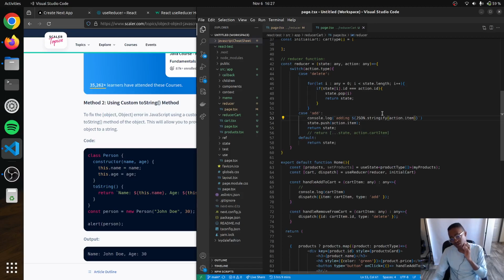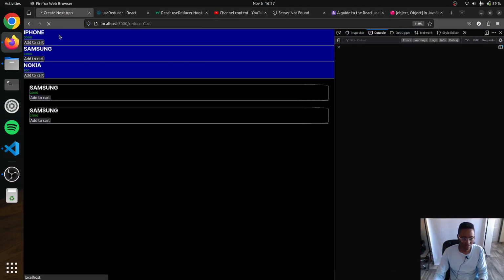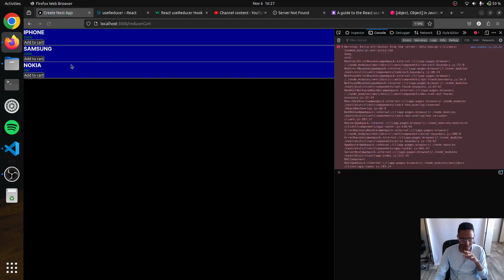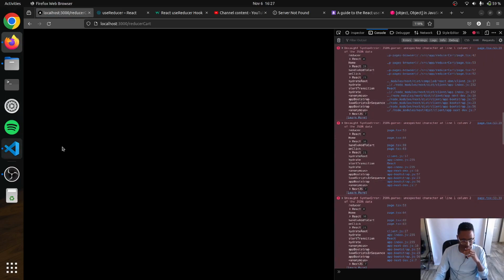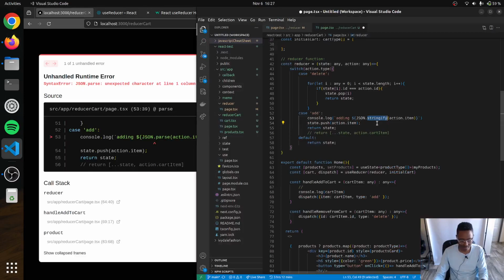Geez, how do I manipulate a stringified object? First of all, let me do this. I want to know how we return, like I want to now start to pick, because I need a state.push. Now I need to